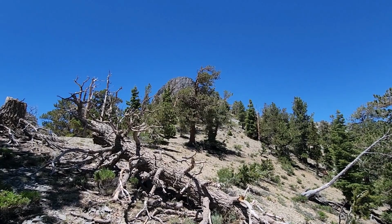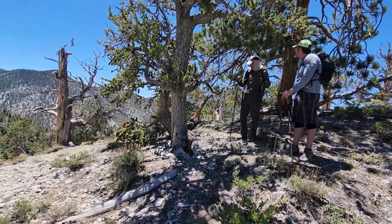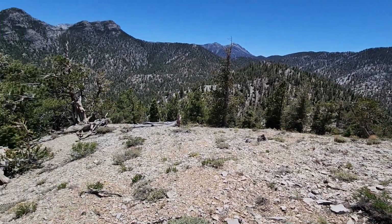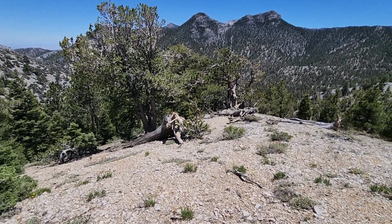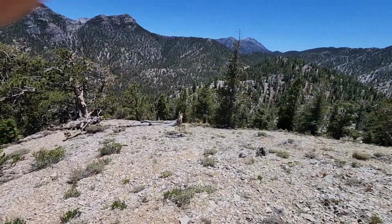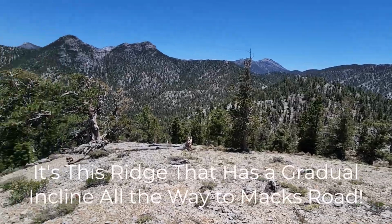Okay, there's Macks Peak, and we've just come down this ridge, and now there's a split off ridge. This ridge continues down in this direction, but there's a split off ridge, we believe, right here that's going to lead down to Macks Canyon Road. Either that or it's that next ridge over there. We're not sure. That's interesting. Not sure which way